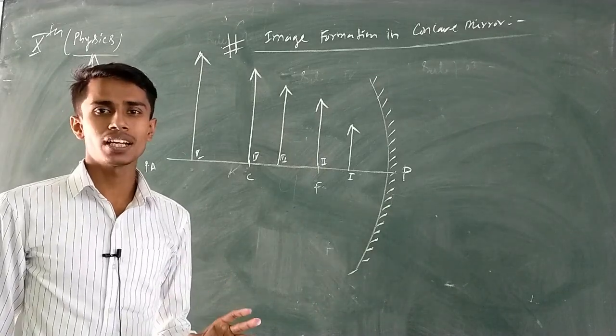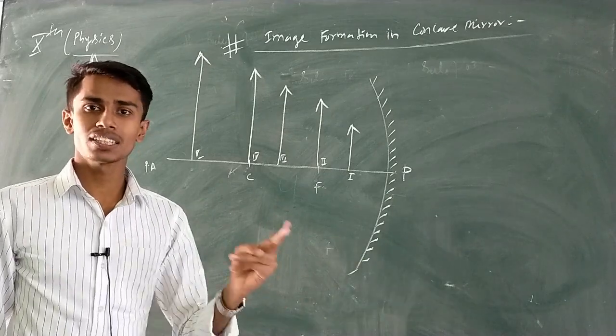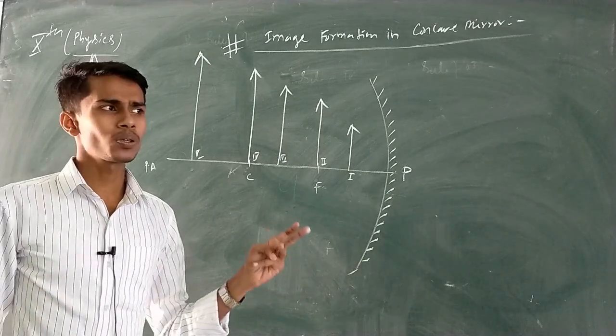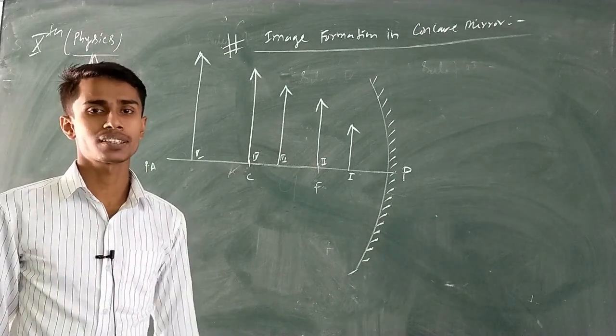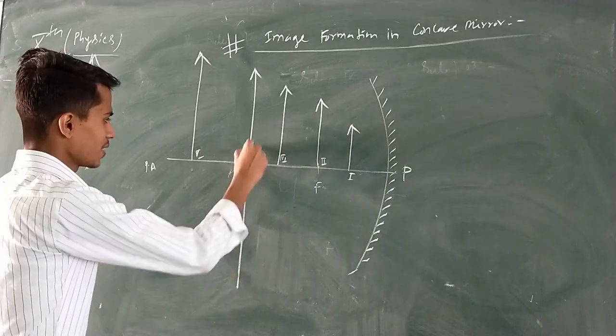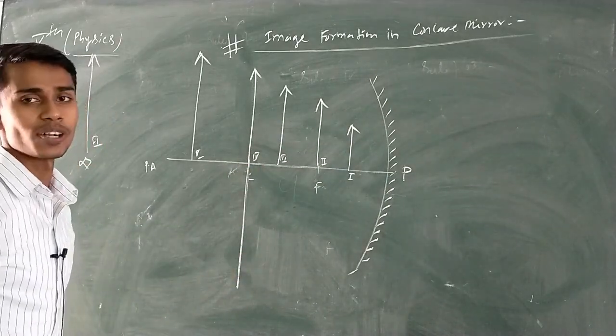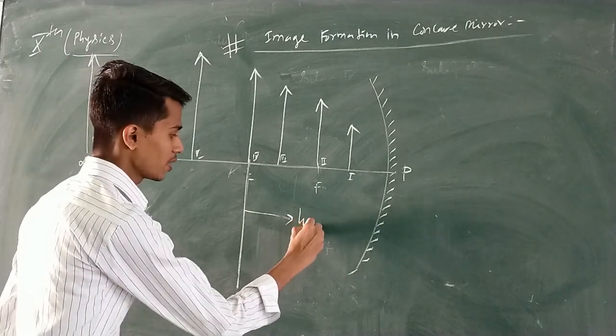But a concave mirror can produce either a virtual image or a real image. It can produce an erect image or an inverted image. It can produce an image that is magnified, diminished, or of the same size as the object, for different positions of the object. Listen, for a concave mirror, the center of curvature is quite an important point. Until an object is placed before the center of curvature, the height of the image will be more than the